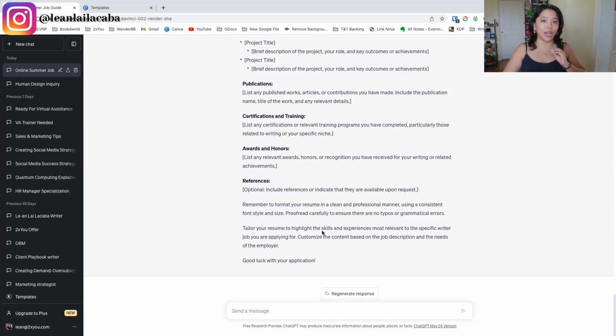The second one, your application letter, think of it as a response to a job ad that you've seen, a job description. That way you're customizing how you apply to them based on what they put on the job ad. So you're giving them the relevant things that they need to see for you to apply.